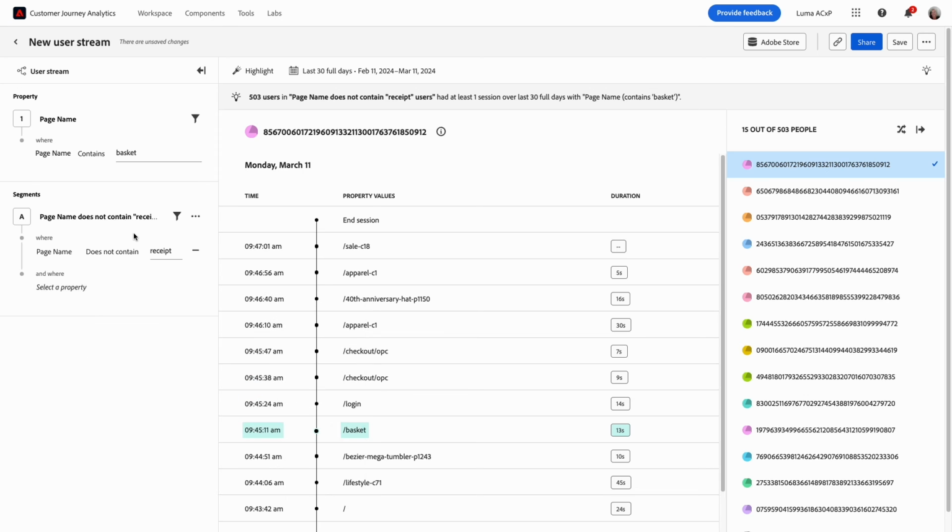Now that my query is completed, let's review the insight at the top. 503 users match the criteria where page name does not contain receipt and had at least one session over the last 30 full days with page name containing basket. To glean insights quicker, I have options for how I want to view the stream. I can show all values, highlight those that match the query filters, or view only filtered values to remove the